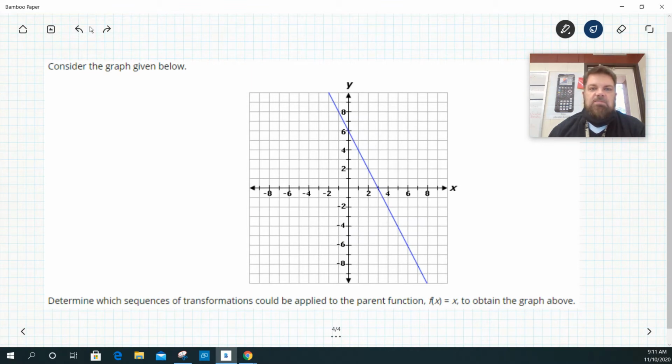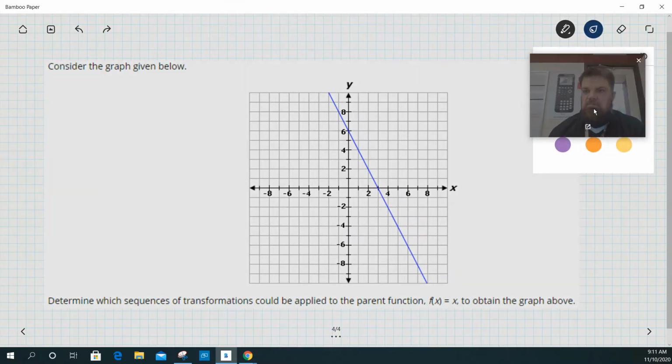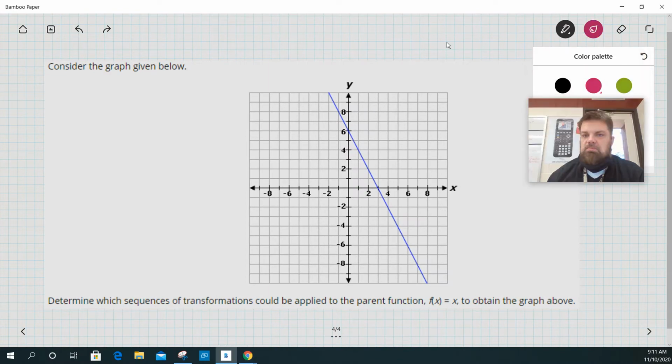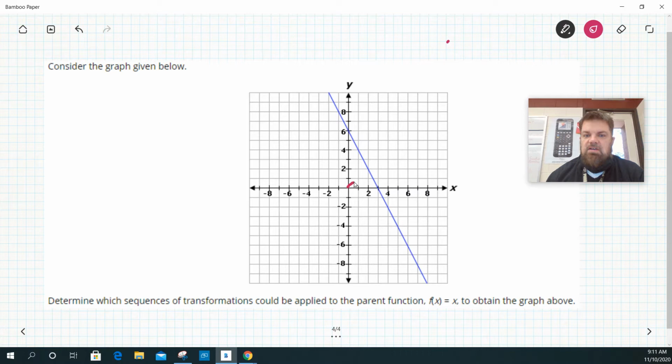Let me change the color on that. So f of x is this graph right here. f of x equals x has a slope of 1 and it goes through the origin. So you're going to go up 1 over 1. That's why we call it the diagonal, because it just goes across the xy plane like a diagonal line. And you're basically just drawing a diagonal through each square. Okay, so this is f of x